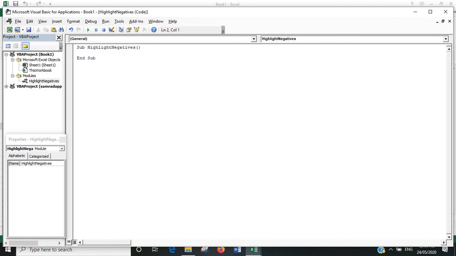Okay, so again, with this we'll start off by defining the dimension of the range as range. Okay, so for each selection in the range, for each range in the selection,